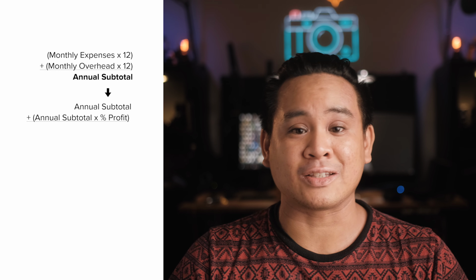that is not where we stop. Next, you're going to multiply your annual subtotal by a profit margin. So 10% at a minimum is really recommended, but up to 30% is really desirable in order to create a successful business. Profit is what allows you to have money that you can reinvest back into your business in order to grow it, scale it, and even offer new products or services to your clients or to find new clients. Profit is also crucial to ensure that you will be successful in general and avoid failure and running out of money in the long term, especially if you're faced with something like a pandemic or a sudden loss of leads